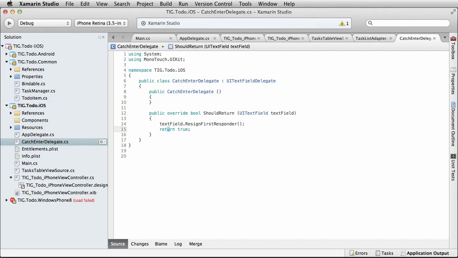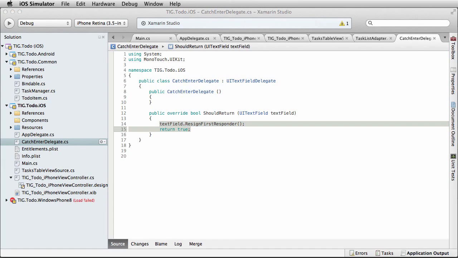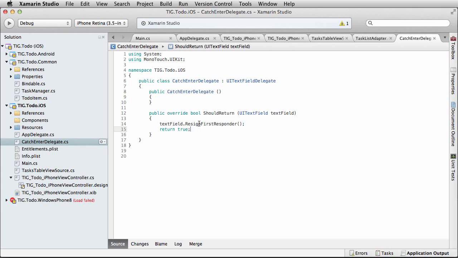true. So by default, if you press enter in a text box, it could allow you to go to the next line, for instance. We don't want that to happen. If you press enter, we want the text field to not be the first responder. Just give up on first responder and let the rest of the system fire. So when we do that, then that catches the enter,